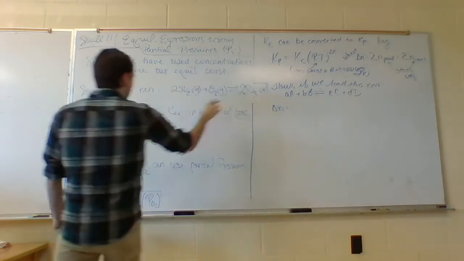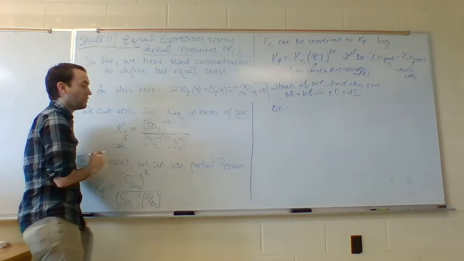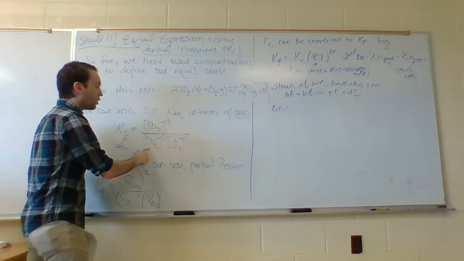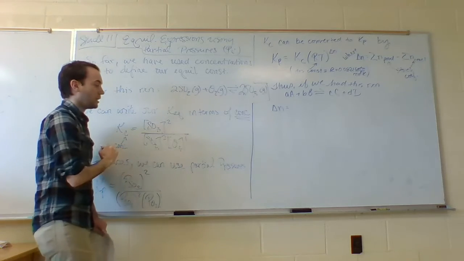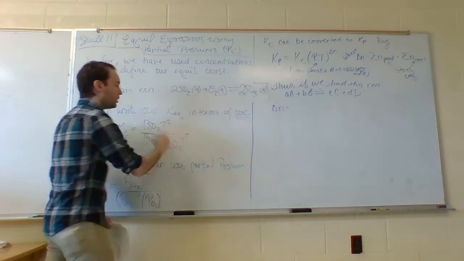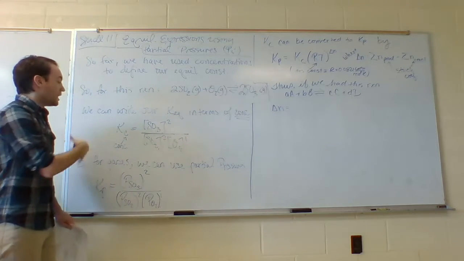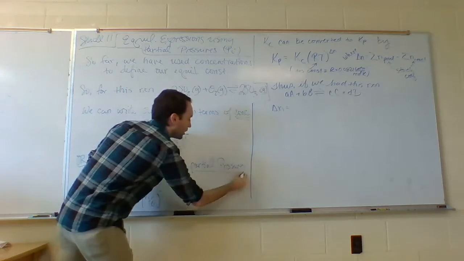equal to the concentration of our products over reactants, where we had the concentration of SO3 to its stoichiometric coefficient of 2, all over SO2 raised to 2 times the concentration of O2 to the first power, which was its stoichiometric coefficient. Now, if we're looking at all gases, then we can use our partial pressures,